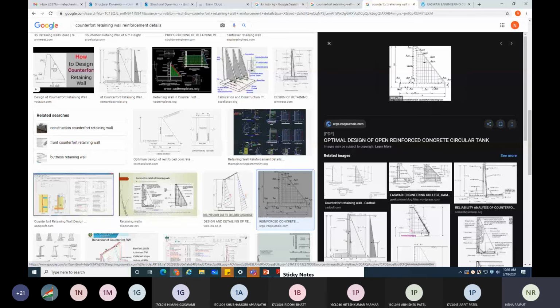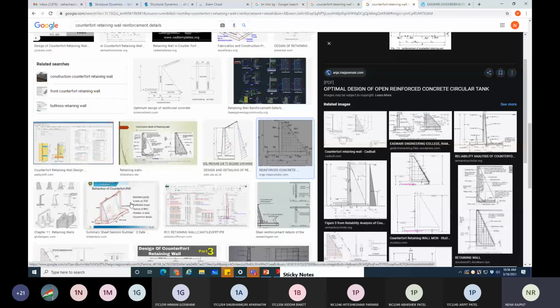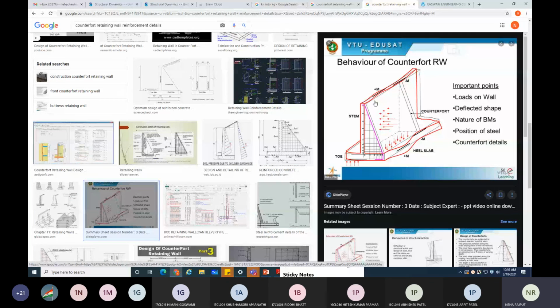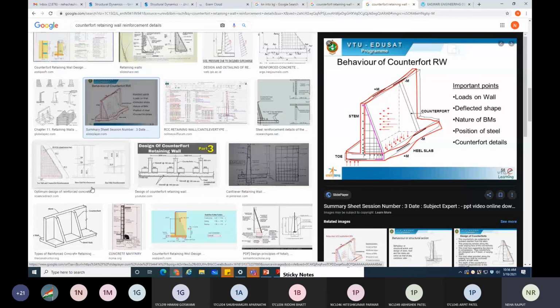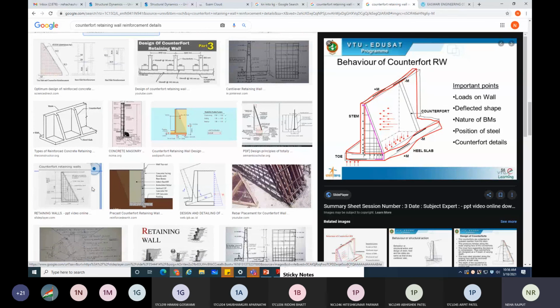So this is the full figure of counterfort retaining wall. We are doing step by step so that you can see. Here also you can see the deflection shape that I have discussed. These are the positive moment, negative moment at support for the stem part. These are the deflection for the heel part. Right, this is the deflection of toe part. So this is the overall deflection of the counterfort retaining wall.